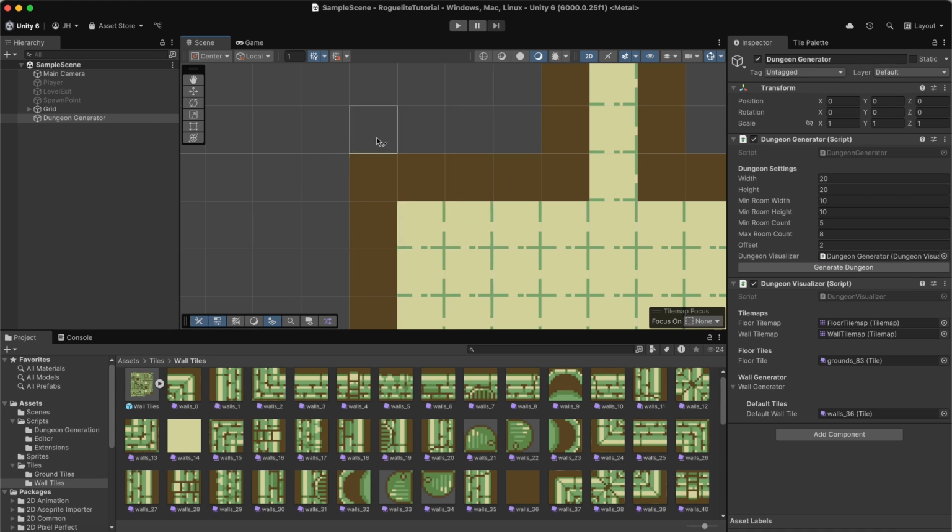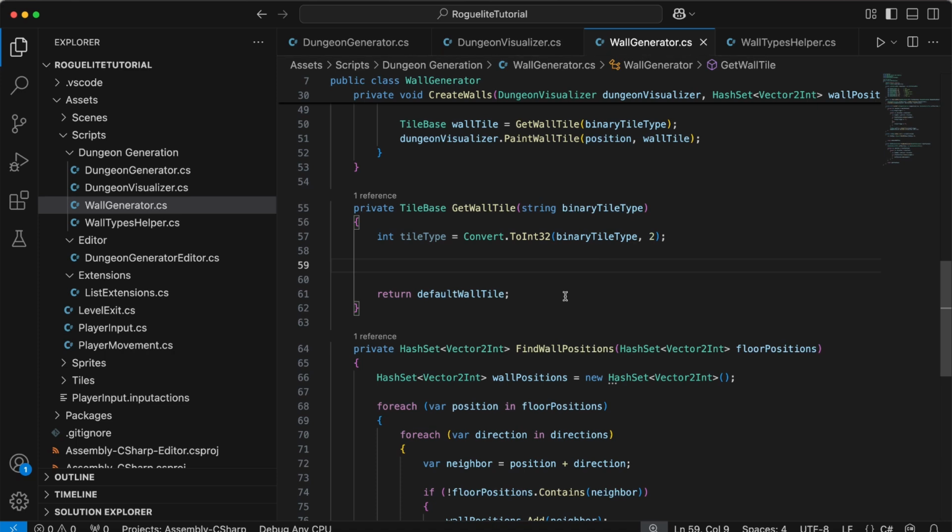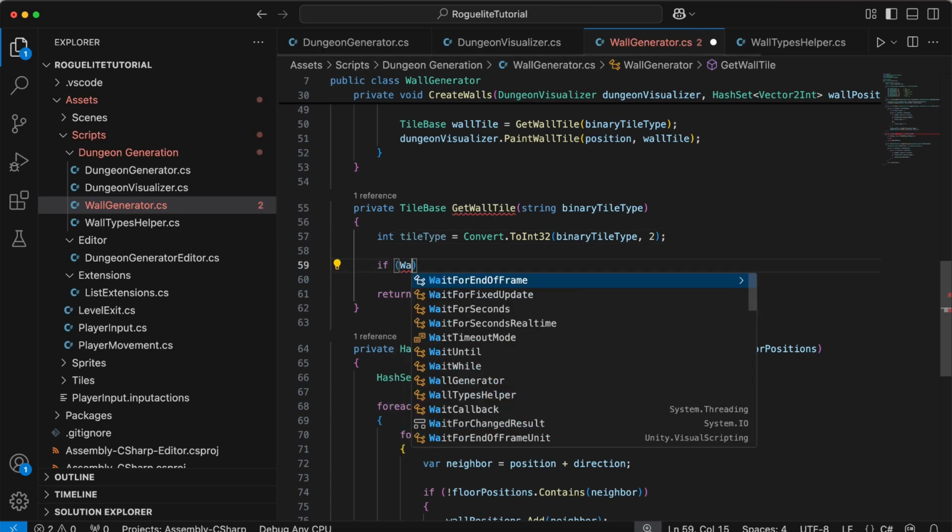Let's go ahead and add that to our helper script. For binary numbers, we have to add our prefix of 0b, and then we can add in the rest of our numbers. So we can go 0b and then 0, 0, 0, 1, 1, 0, 0, 0, and then we'll add our comma and save. And then in our wall generator script, right after we converted our type to an integer in our get wall tile function, we'll add an if statement to check if wall